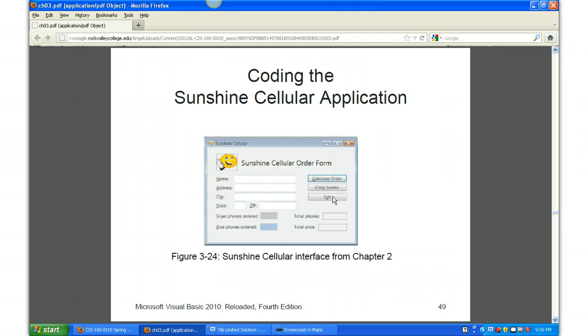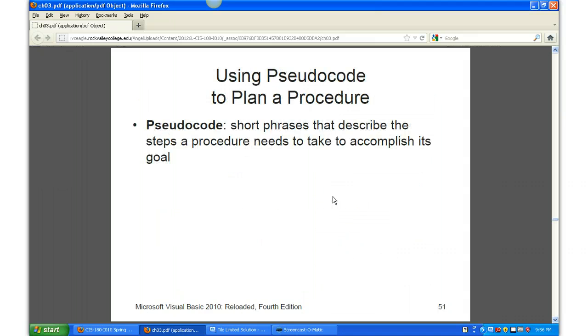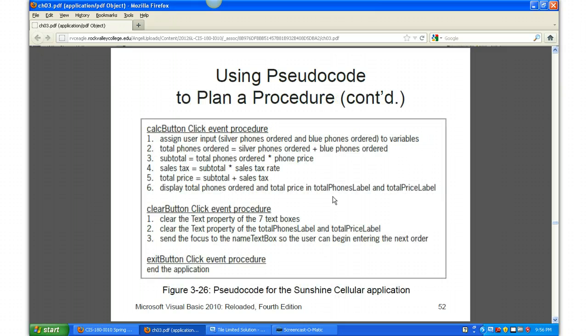This is a screenshot of the Sunshine Cellular interface from Chapter 2. Flowchart. Pseudocode, basically taking the flowchart and putting it into simple language. So a procedural pseudocode for this would be for the calc button click event, assigning a user input, silver phones